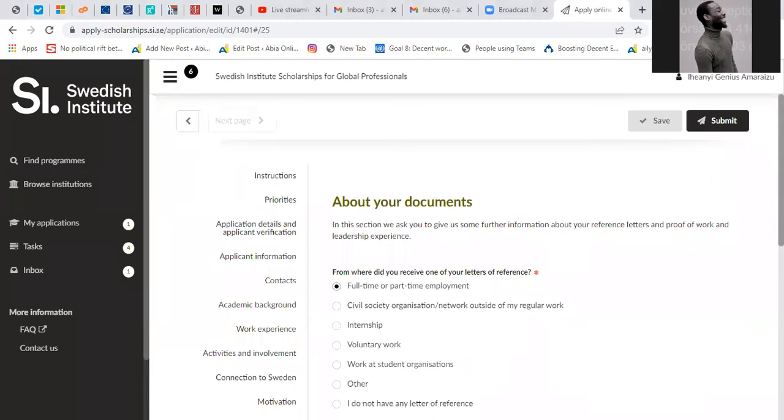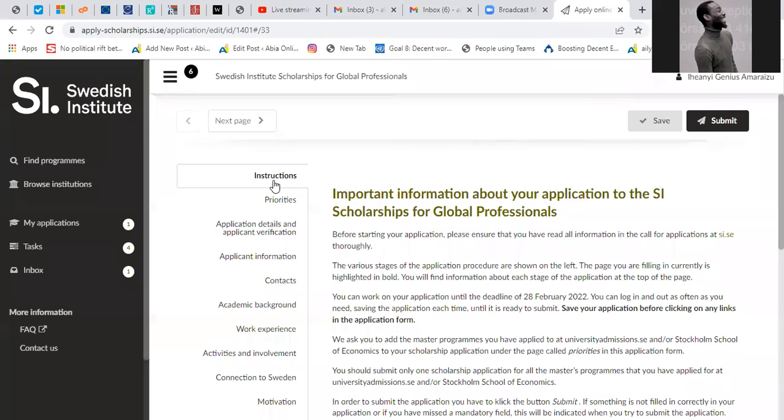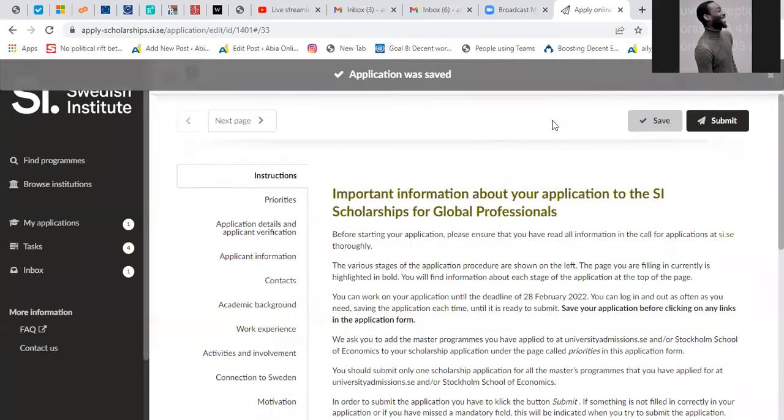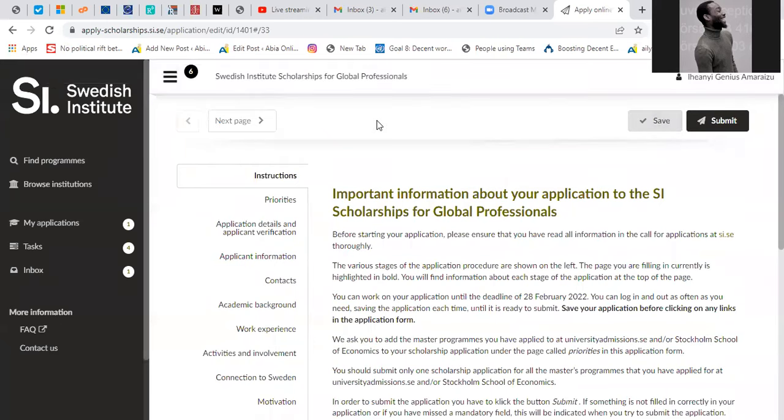So what I will now ask you to do is, don't submit. In my own experience, I will tell you to review once again. As you can see, you can finish this in 30 minutes. You're done with the whole application. But once you're done with all the checklists, just save and log out. Save and log out. The deadline is in 20-something days, so after 2 days, I will come back to it. There's no rush,